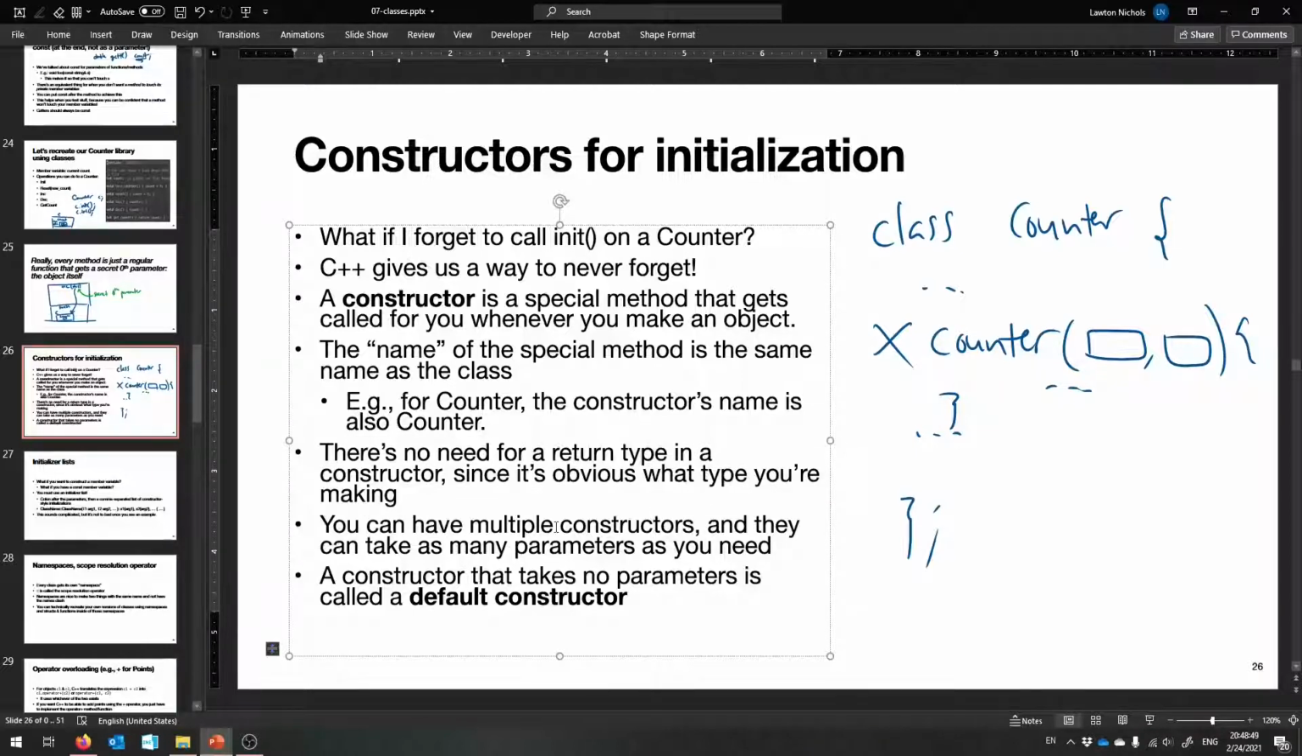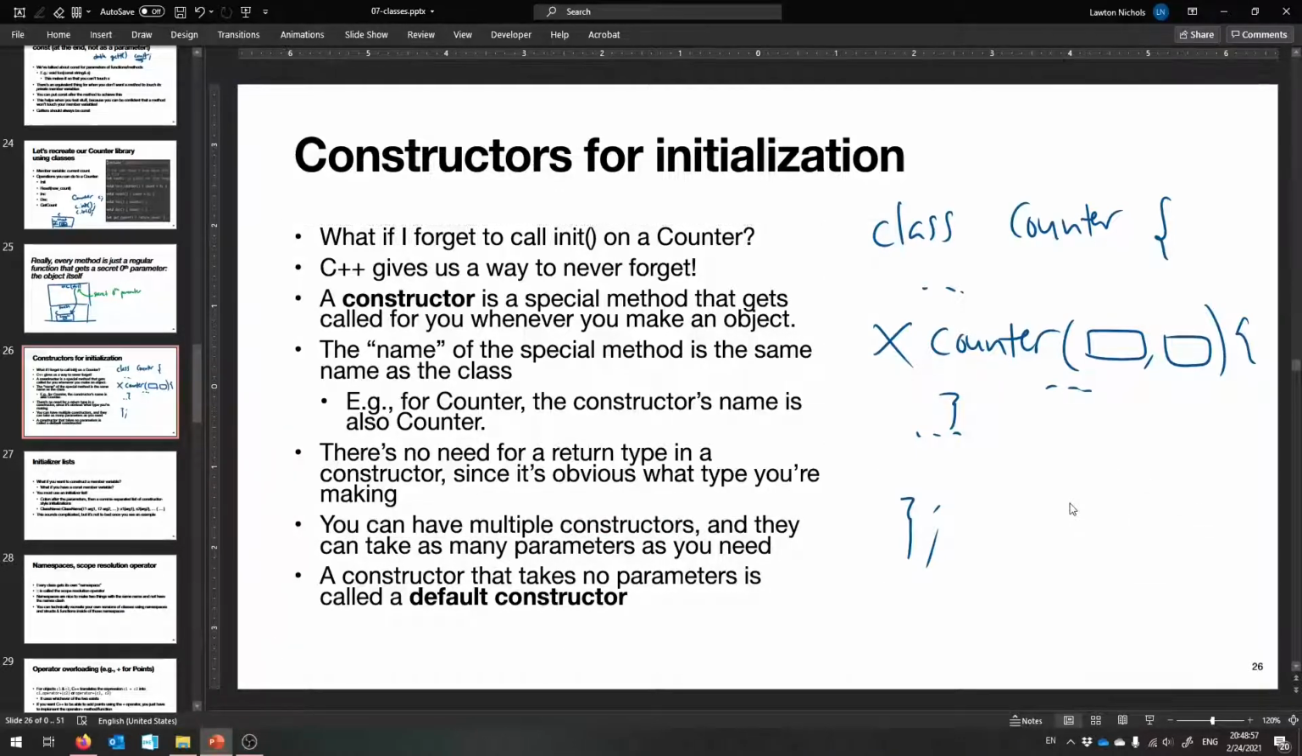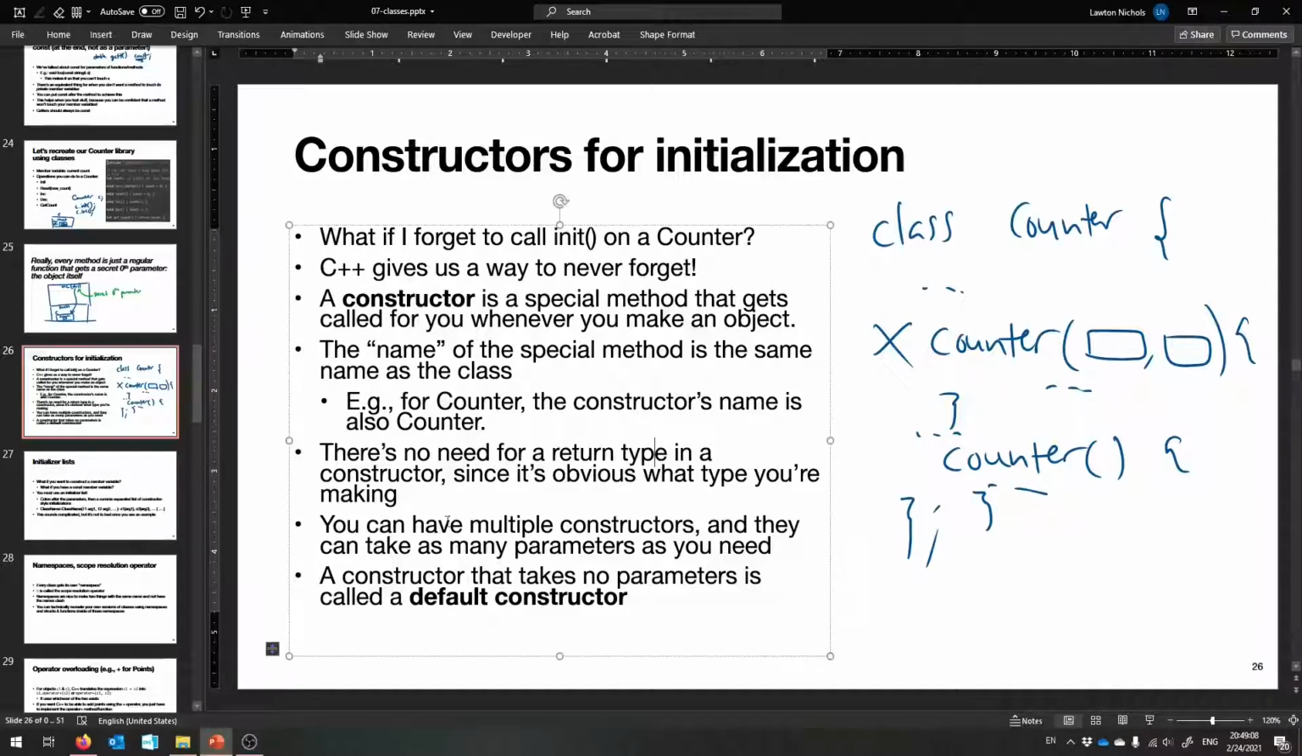That is technically the type of its return type, right? So that's weird. You can also have multiple constructors, and they can take different numbers of parameters. So here's a counter that takes 2 parameters. Here's a counter method, a constructor, that takes 0 parameters. That's totally fine. You can do whatever you want. Okay? So you can have as many as you want, and then a constructor that takes no parameters has a